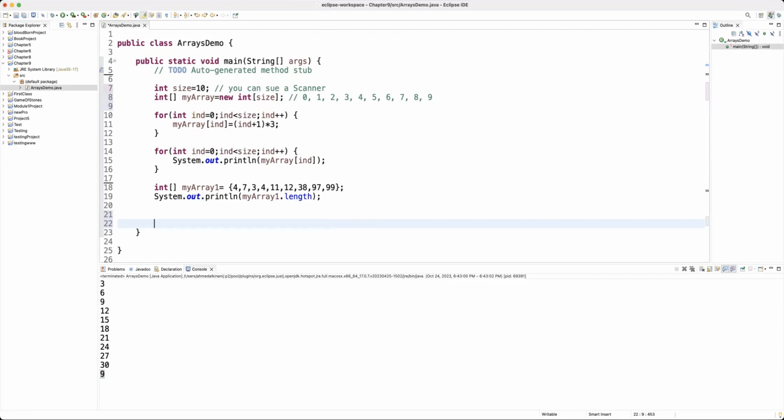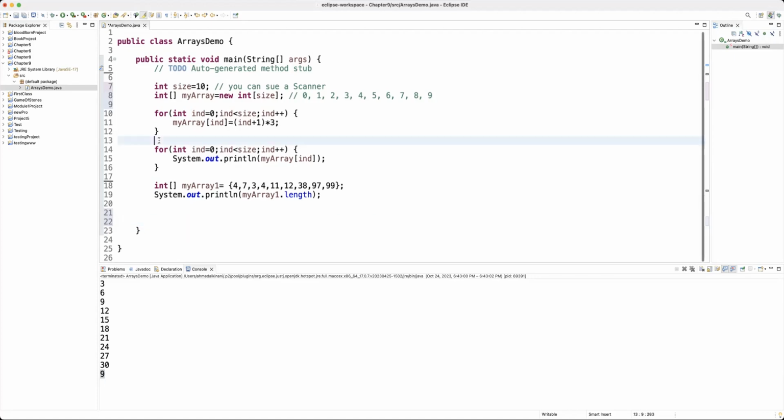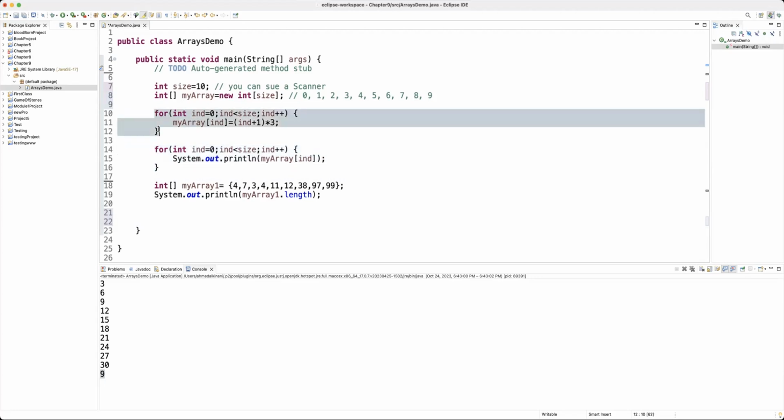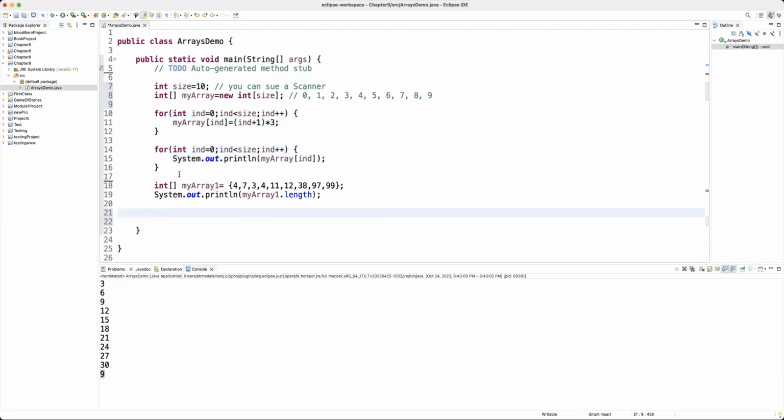And before we talk about copying arrays and assigning arrays and checking for equality of arrays, let me move on and talk about the for each that I was talking about at the beginning. Now, you can use while loops and do while loops with arrays, but I will say do not do that. Technically, you can, but that's not a good option. With arrays, your best choice is for loop or for each. So this here,